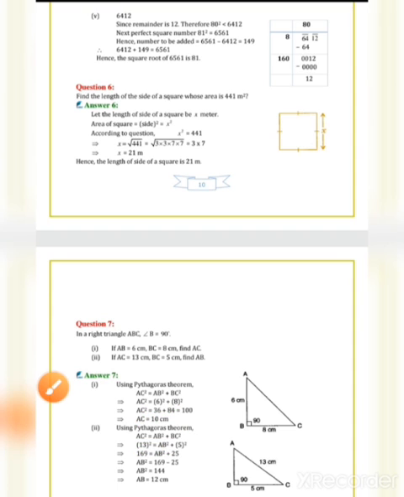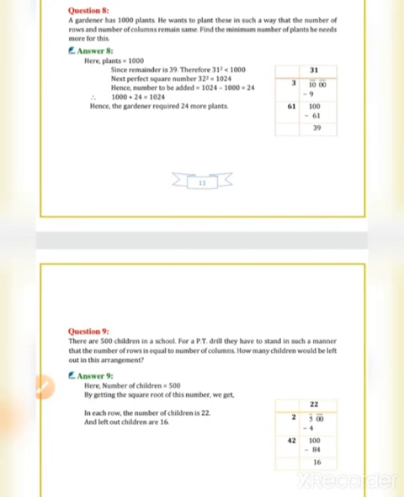After that, second, using Pythagoras theorem, AC square is AB square plus BC square, that is 13 square plus AB square plus BC square. We use the same theorem. AC square is equal to AB square plus BC square over here. So AB square is equal to 144. So AB is equal to 12 centimeter over here. In this way we can find the value of any missing terms. Then after, next, 8